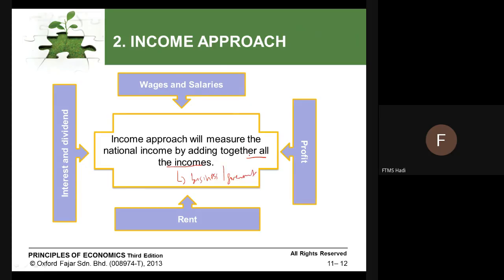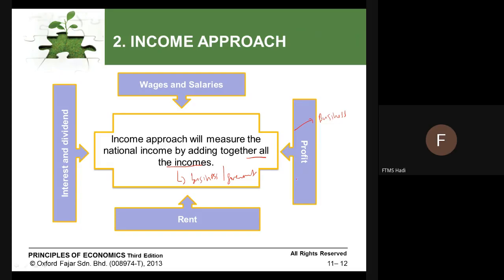Okay. So let's have a look at the types of income that generated by businesses or government throughout the country. Okay, so the first one is profit. We're talking about business profit. The more companies generated profit, the national income will be good, because they making money and then they increase the economy. So that means that we're talking about business.